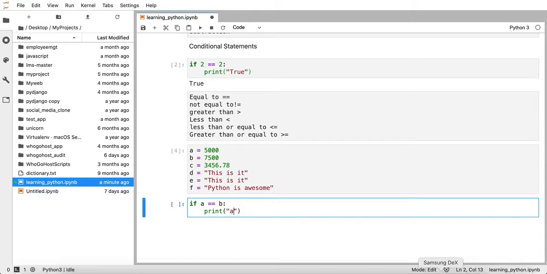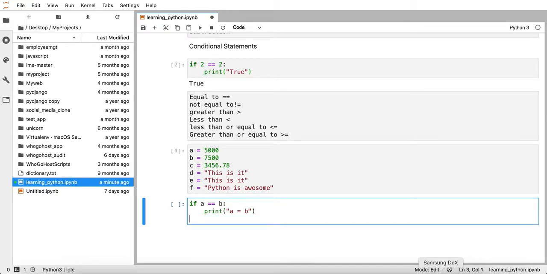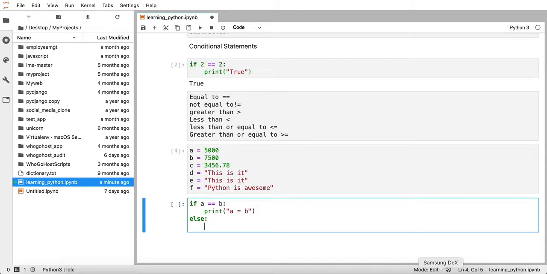A equals B. Now, if the condition is not met, we need the computer to do something else. That brings us to another conditional statement, which is always attached to the if statement in Python, which is called the else. Now, else simply means that if condition A, the first condition, is not met, do this, which we simply say print